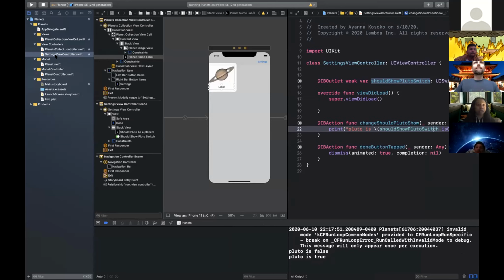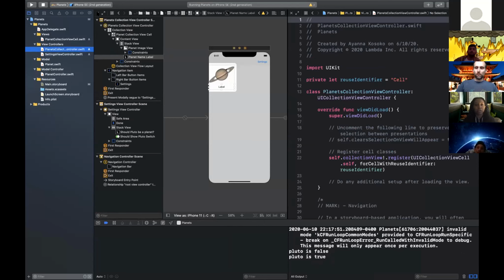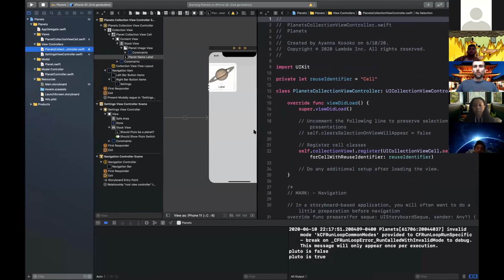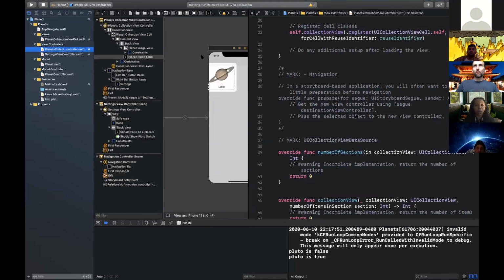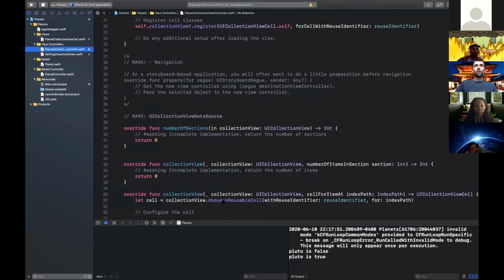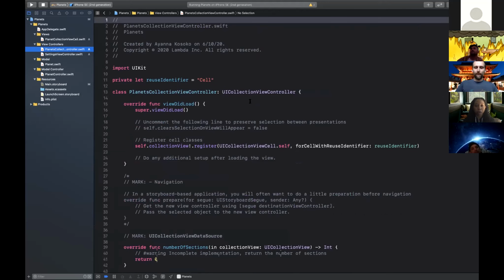The next thing we want to do is go to our Planet Collection View controller. So now that I have the basics set up with my settings view controller, I'm going to go to my Planet Collection View controller. And this is where we're gonna start building out our collection view that holds all our planets. So we don't need our storyboard anymore since this is already connected to our storyboard, so we can get rid of that. And so now we can completely focus on our